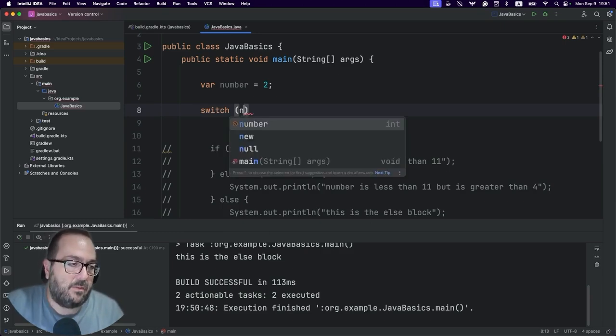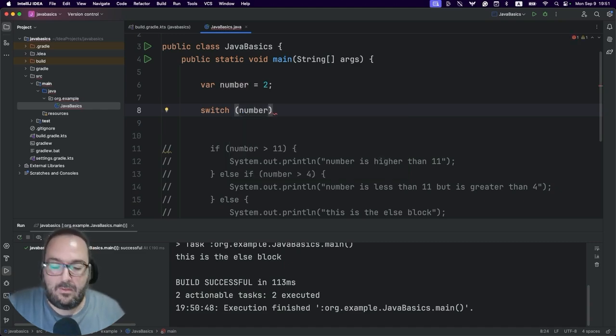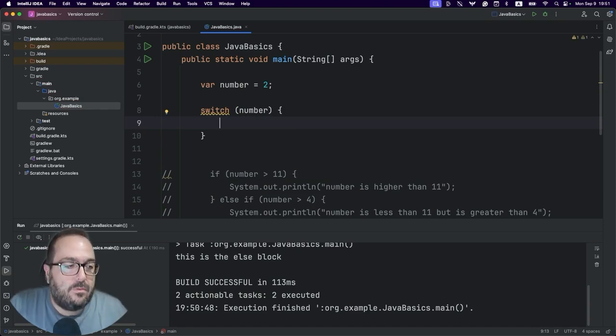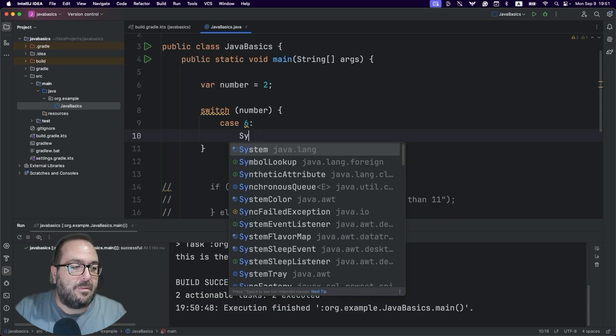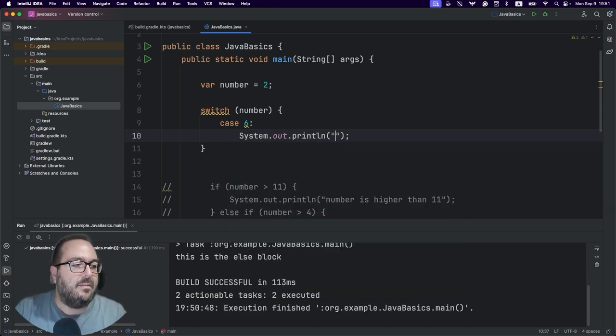So we're going to validate number, right? Curly braces. And now we need to test the cases. Let's say case 6, colon, and let's print something out. Println, number is 6.